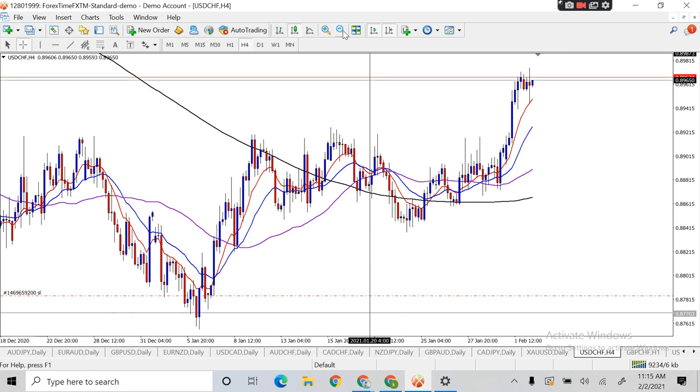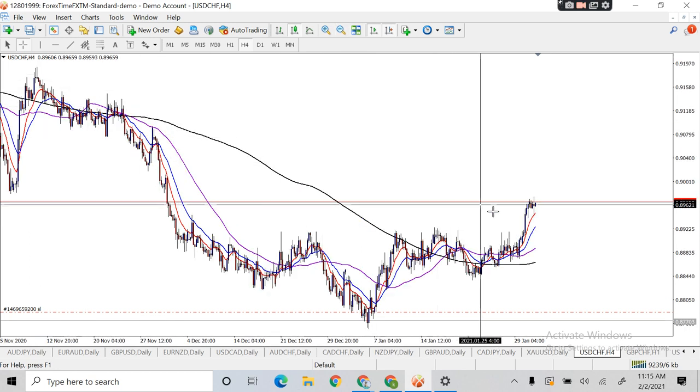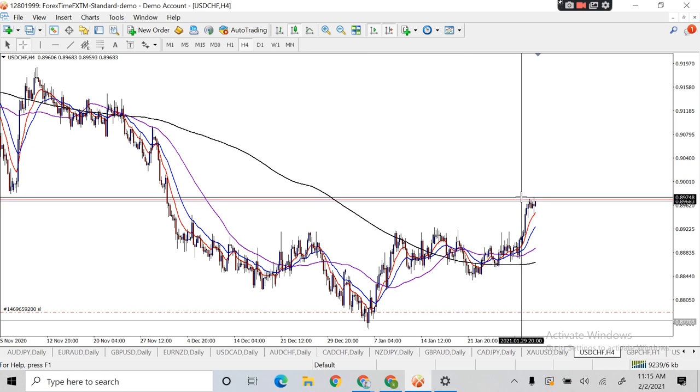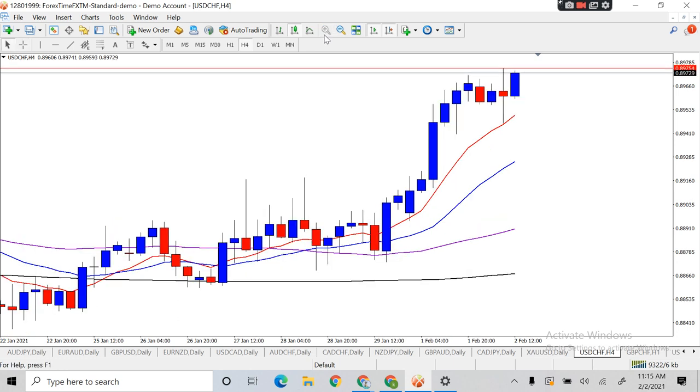If you take from this point to the next resistance, or to this point, there are about 100 pips for grabs here. So just take your time, look for your buy trigger, and you can have like 50 to 100 pips for grabs. On H1,